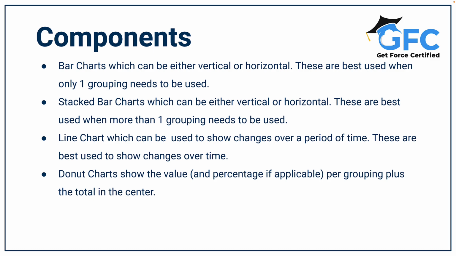So we know we have bar charts, which can be either vertical or horizontal, so they could be column charts as well, and they're best used when only one grouping needs to be used. These can also be stacked, and they're best used when there's more than one grouping. Line charts can be used to show the changes over a period of time. We then have donut charts, which show the value and percentage, if applicable, per grouping plus the total in the